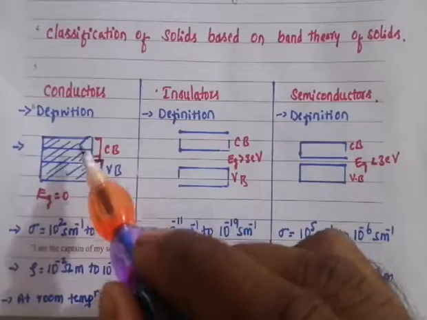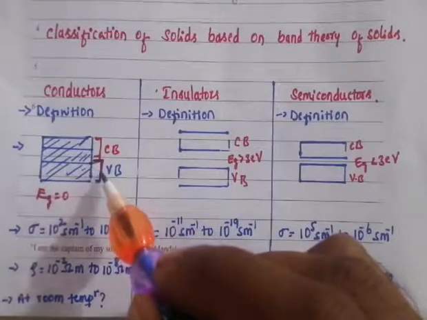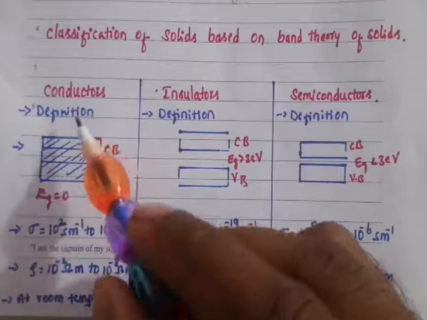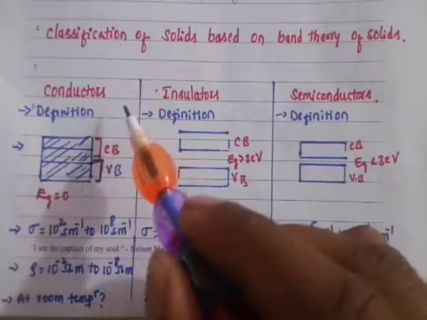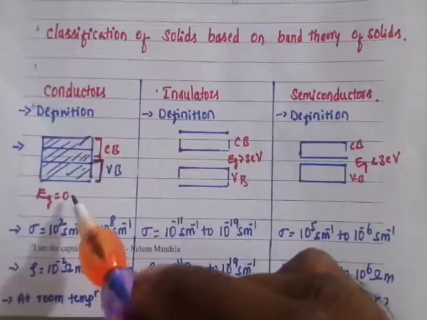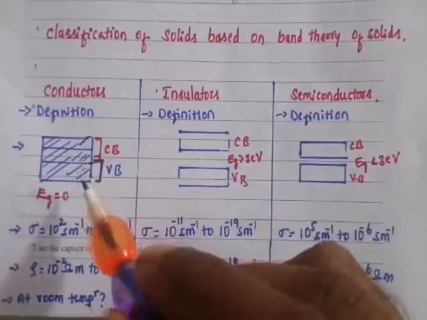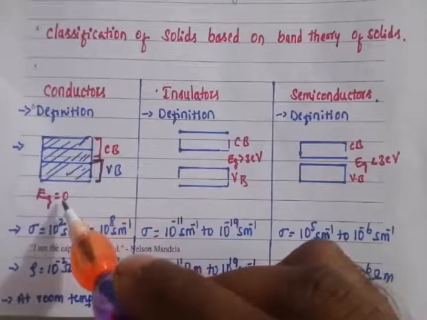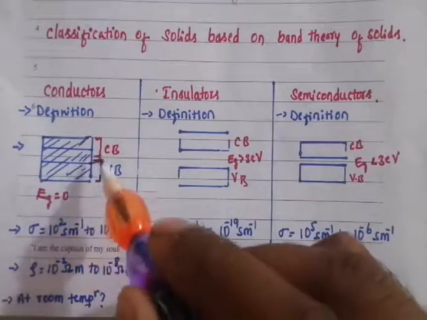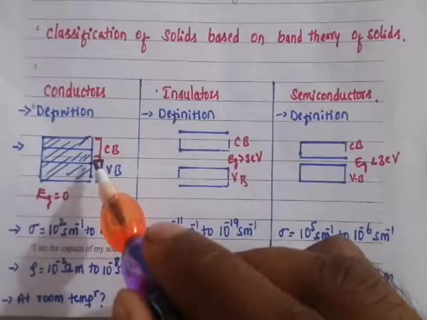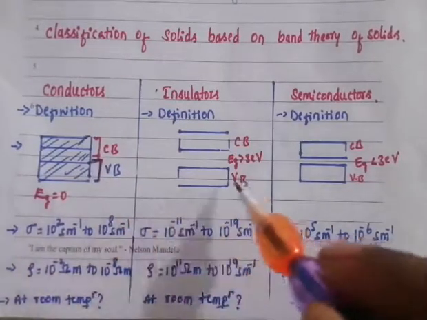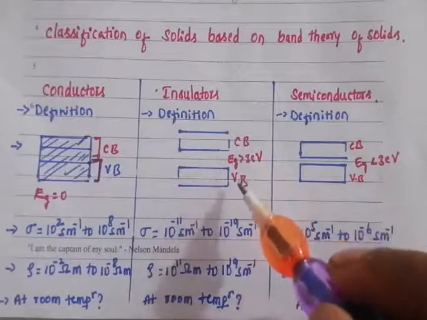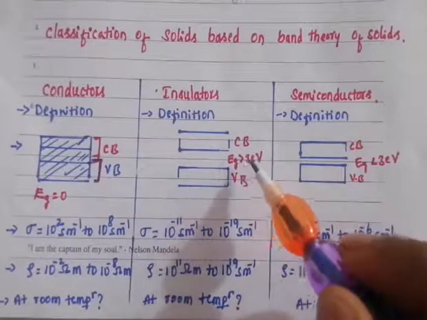Therefore, there is no energy gap between valence band and conduction band. That's why these substances carry electric current easily. So that is the second difference, all about energy gap. In conductors, there is no energy gap, that is, the energy gap is zero, because valence band and conduction band are overlapping with each other. In insulators, the energy gap between valence band and conduction band is high, that is